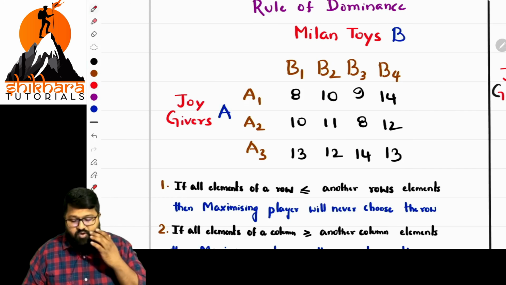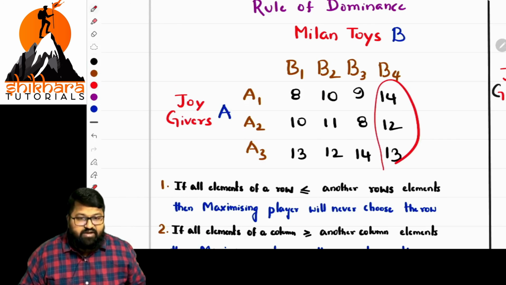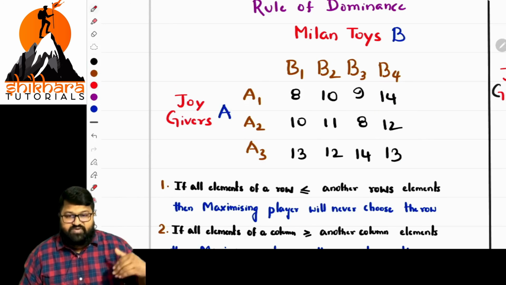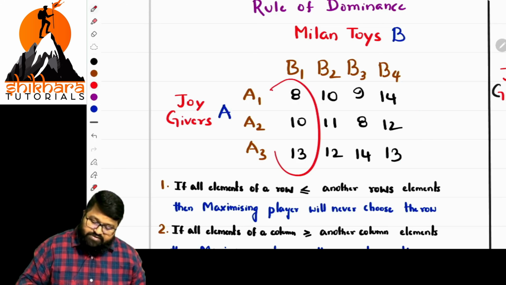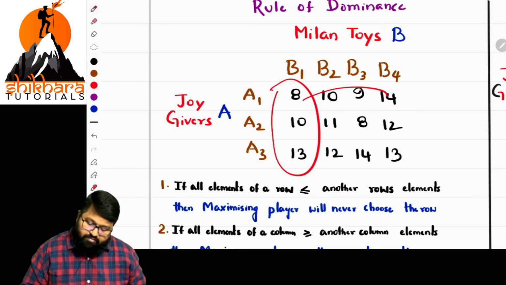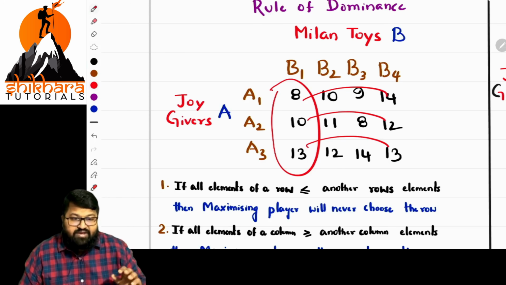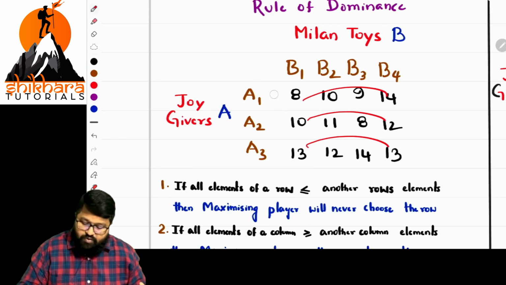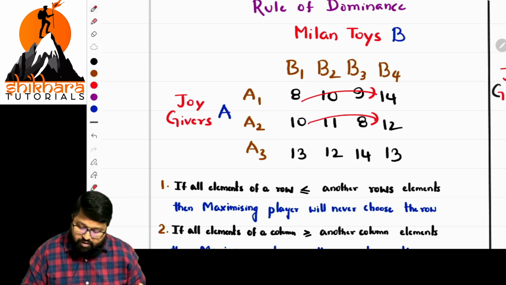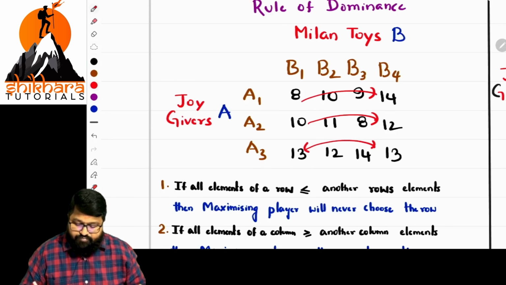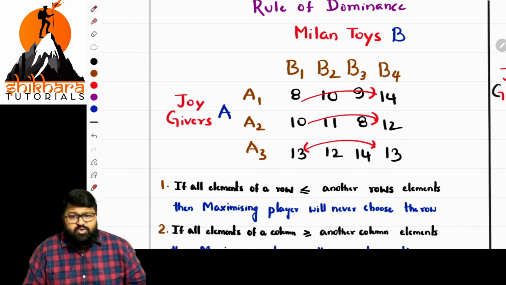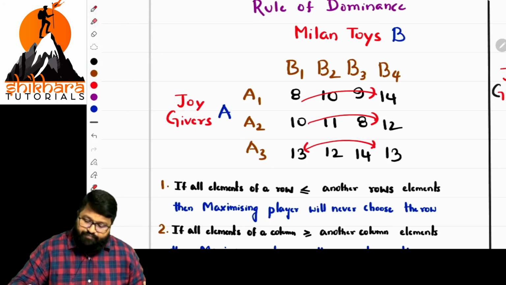But even that is not possible. Why? Because here at the end it is changing. Let us go with the columns first. In the case of columns, let us compare with this: 8, 14, 10, 12, 13, 13. At least if it is equal also fine. If it is more, it's very superb. If we compare all these, it is more, it is more, it is equal. As it is equal, there is no issue. So let us eliminate that part.